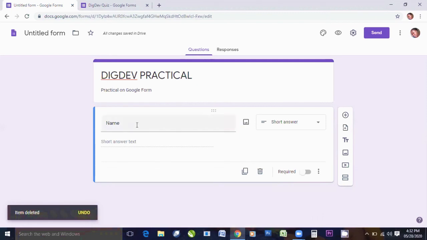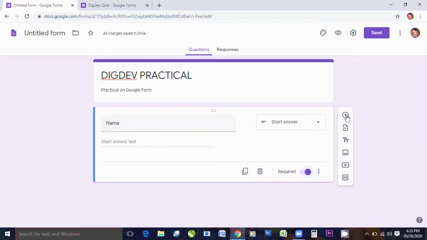Now, there are some questions that are compulsory that people must answer. So you now come to required. This required, just click on it. Once you click on required, it simply means this question is compulsory. By the time they finish filling the form, if they don't attempt this one, they will not be able to submit, just like when you set your question and say question one and question two are compulsory. So until they answer it, they cannot submit. Now, so that is that.